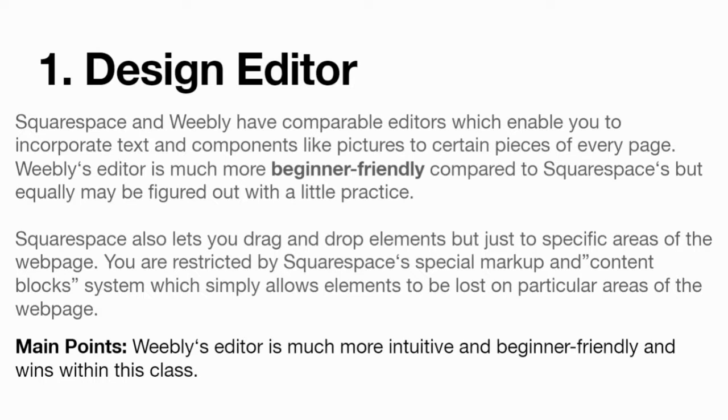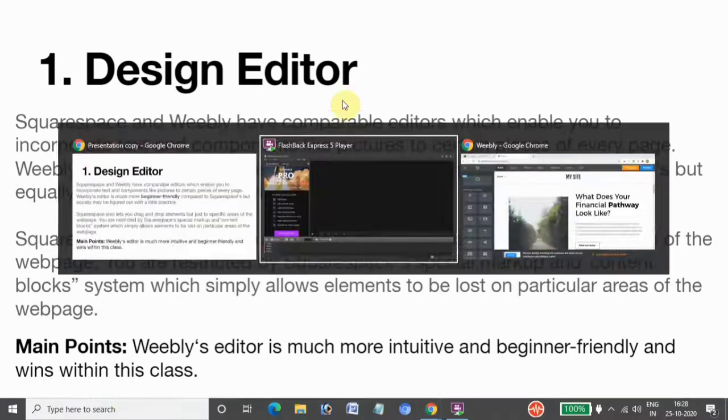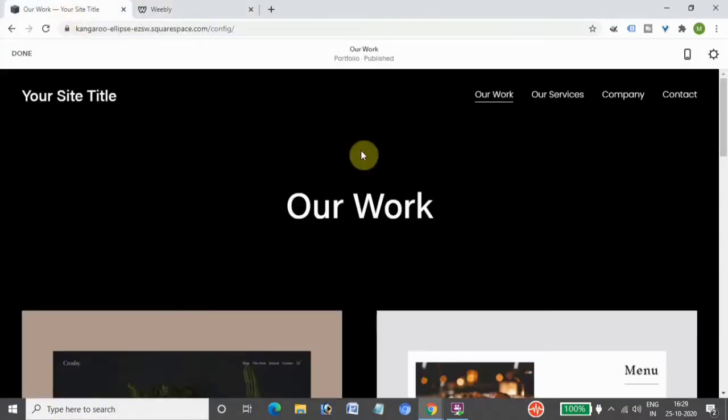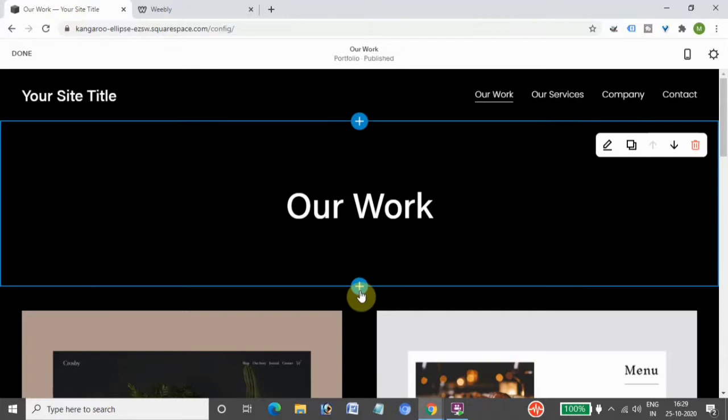In Squarespace, you have a content block system, and Weebly is more beginner friendly and easy to use. So I'll just show it to you live, while we are developing a site. Here you can see these are content blocks.